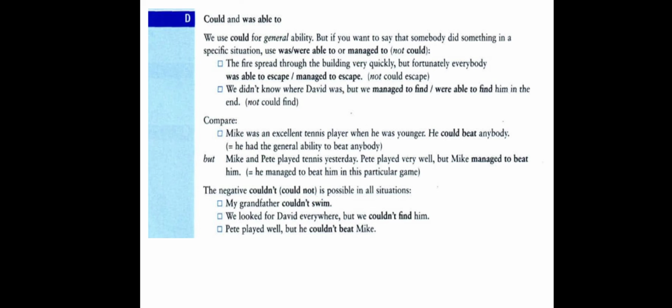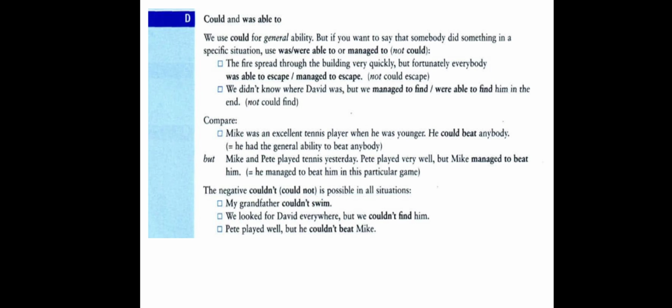So we can say, for example, my grandfather couldn't swim. This is a past general ability. It is negative. We looked for David everywhere. This is a specific situation. In the past, we looked here indicates past. So we say we looked for David everywhere, but we couldn't find him. So here we used couldn't find him for a specific situation as well,